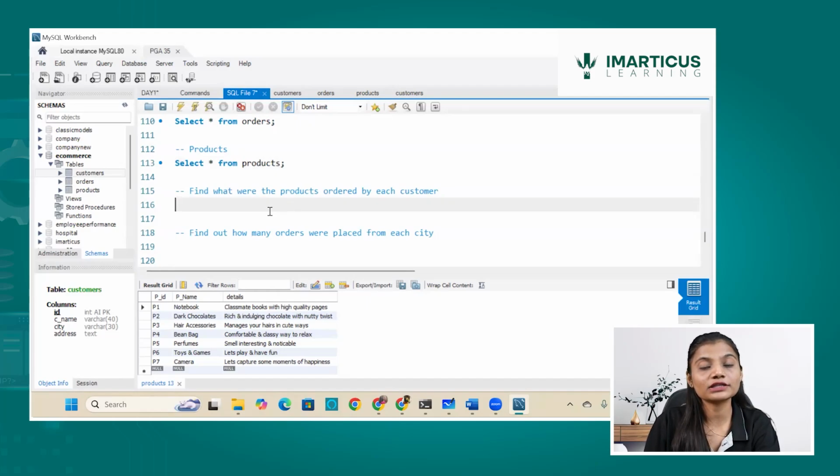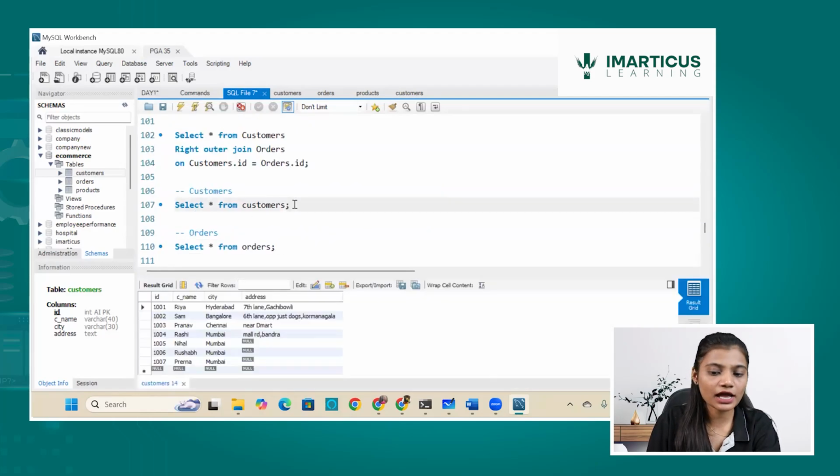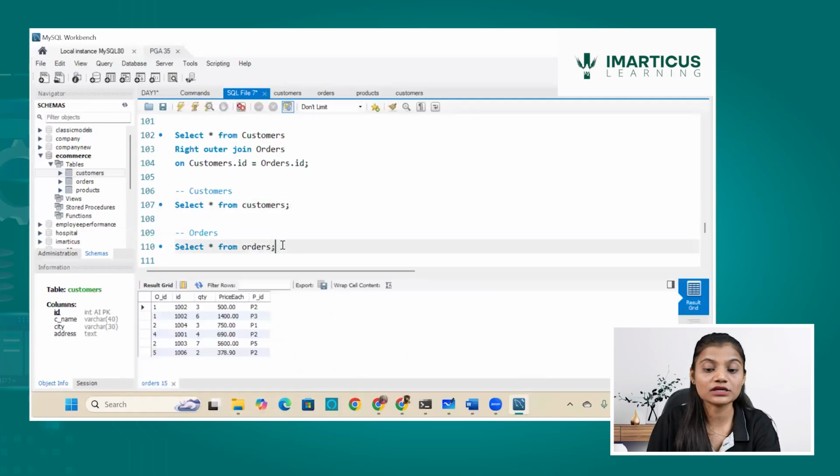In order to find what products are being ordered by each customer, what I should ideally do is first go to the customers table. I have customers information there, and there is nothing related to what has been ordered. So I'll go to the orders table to see if I have it.